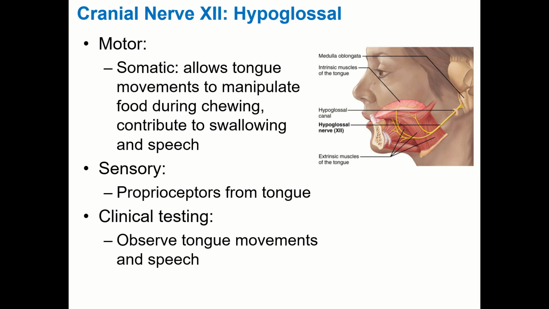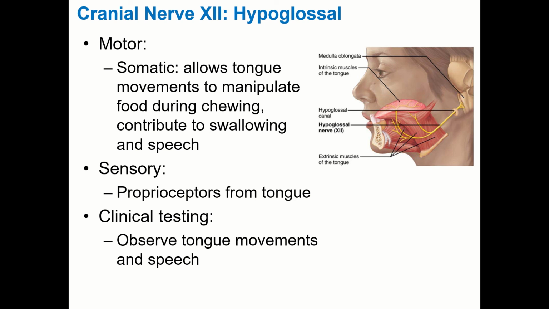There might be like a lisp, or there might be certain things that they need to say, like TH sounds that they couldn't make if their tongue wasn't functioning correctly. So you would probably notice without assessing it directly. But if you want to assess it directly, basically you have them do things like stick their tongue out and go side to side, and just do whatever tongue movements you want them to do to ensure that it's working